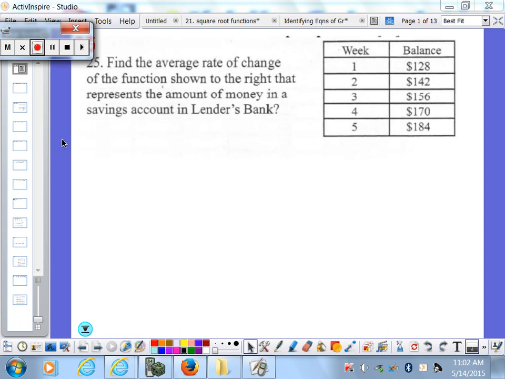Today I'm going to share with you how to do some of the part 2 questions. So we're going to start off with number 25. Okay, so please read along. It says, find the average rate of change of the function shown to the right that represents the amount of money in a savings account in Lender's